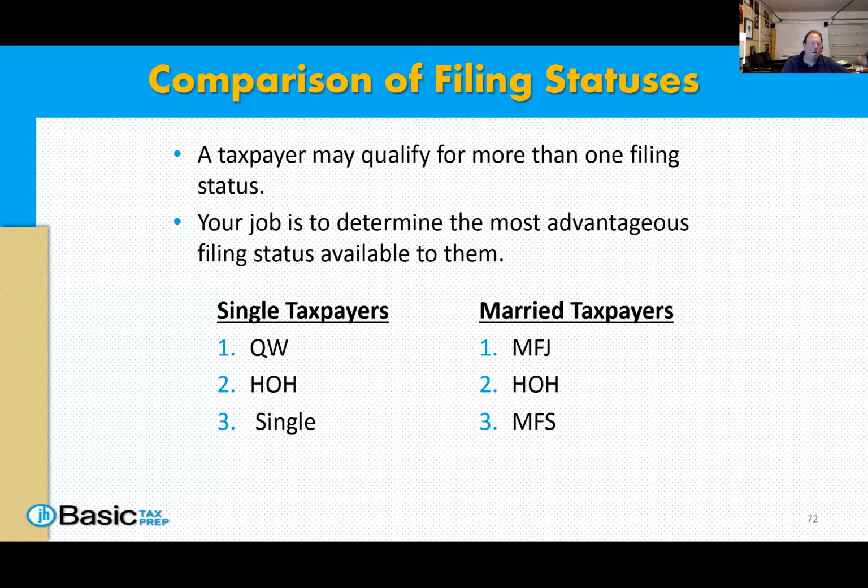If you're married, you can be married filing jointly. That is the best one. That's the best status you can possibly get. Married filing jointly. Then you've got head of household. That would be next. Finally, you have the worst one, that's always the worst one, even though some people say it's the best, is married filing separately. Do not have any advantages. So that is the order for your filing status, and that is for both of them. So if you can go in those orders, those are the best ones. Go to the next one only if they don't qualify for that particular one.